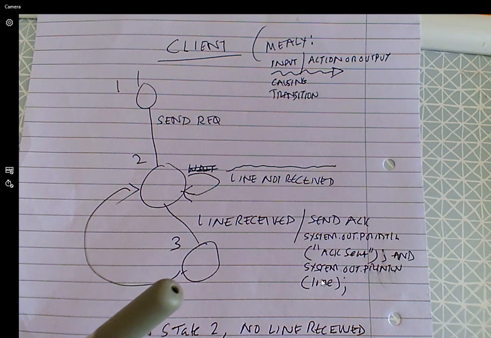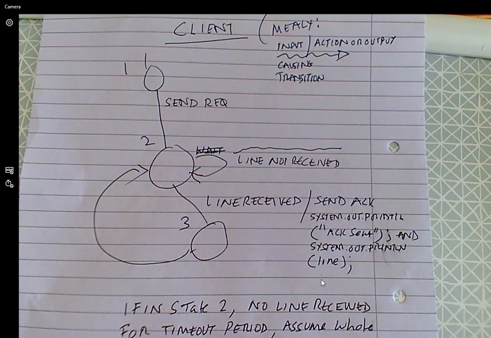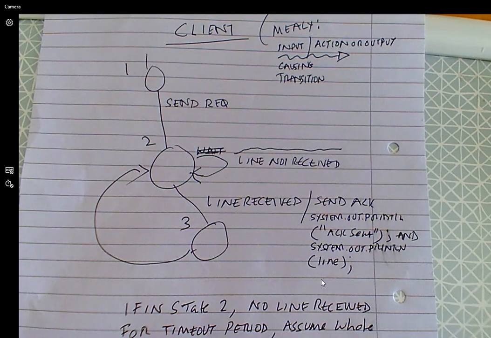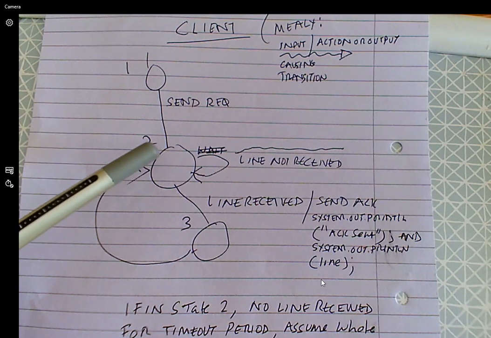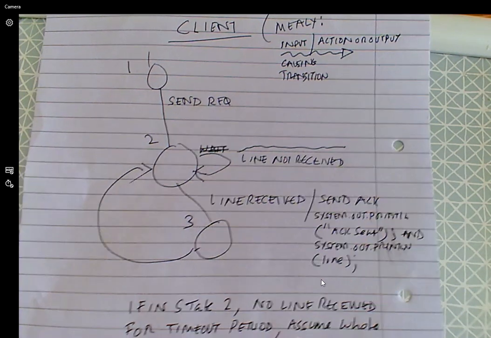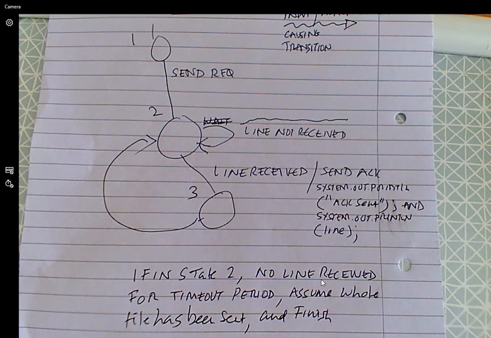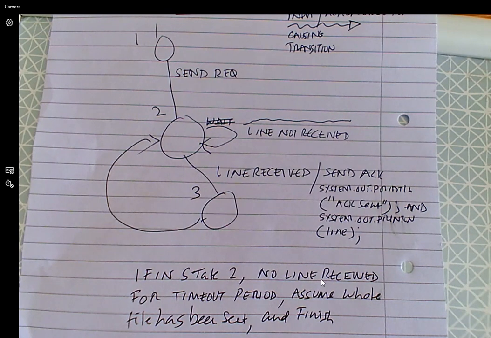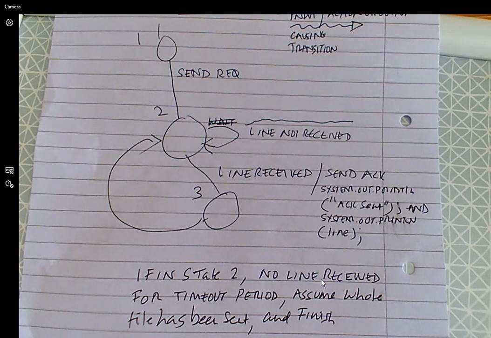And when you're in state 3, you can simply go back to state 2 and wait for the next line. And there's a little observation. If you're in state 2, but you don't get a line for a certain period of time, it might be reasonable to assume that there's no more lines to receive. In other words, the server's done its job and it's sent the whole file. In which case you can simply finish,